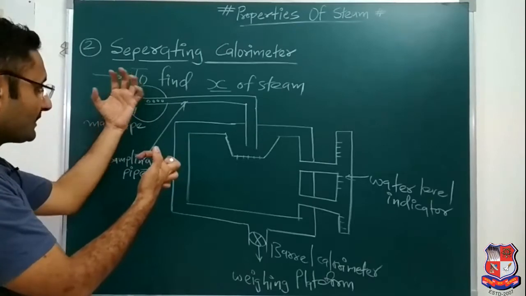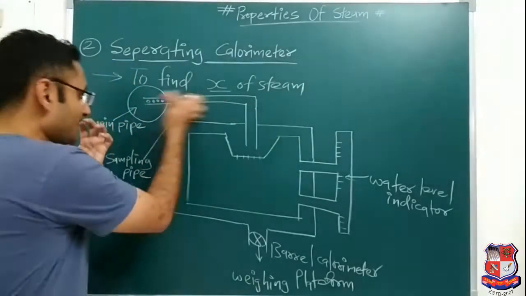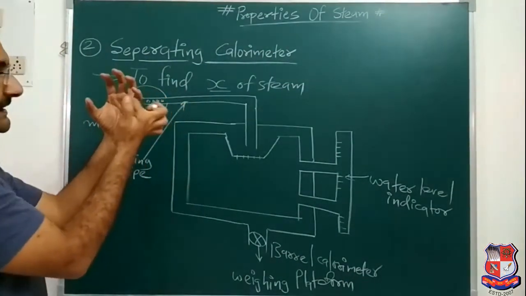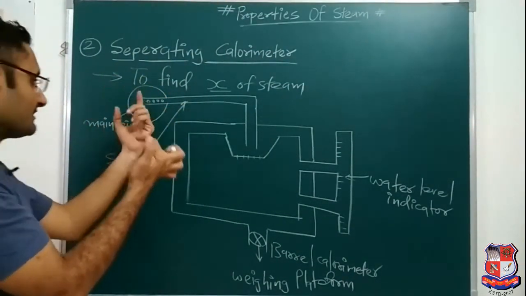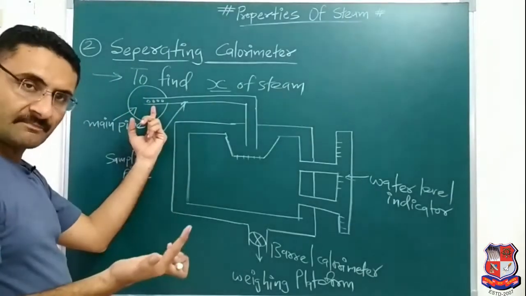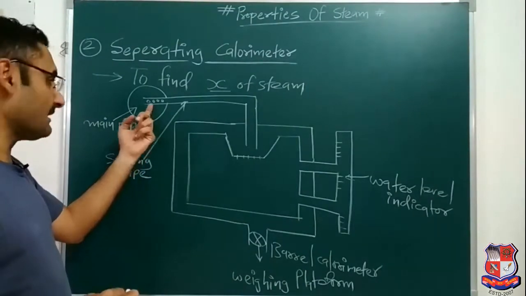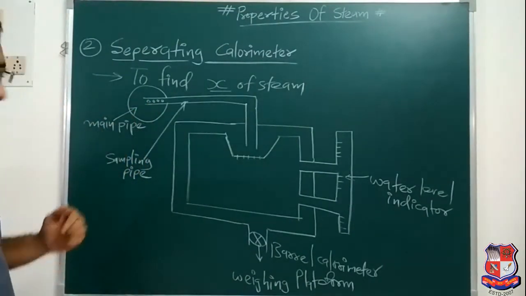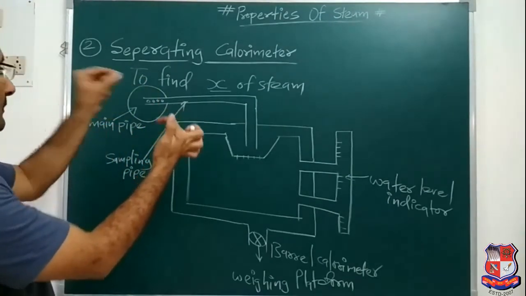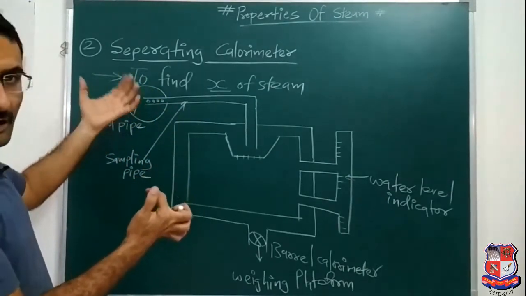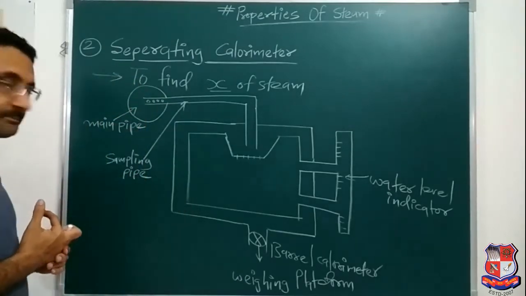Why? Because inside of that main pipe, the pressure of steam is very high, and that sampling pipe is located inside of the main pipe. So due to the high pressure, there may be a chance that the first end of the sampling pipe may be cracked. So to avoid the cracking of the first end of the sampling pipe, it is perforated at its first end. And if it is perforated, what happens? Whatever steam is there will pass through these holes. So high pressure is not imparted on this sampling pipe, and the sampling pipe may not be cracked.